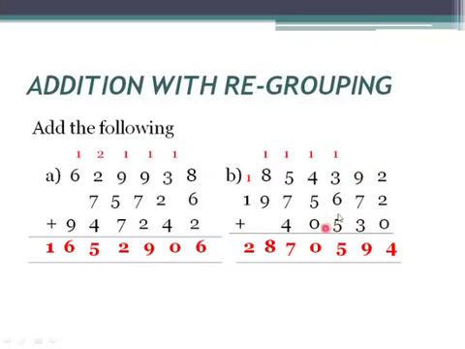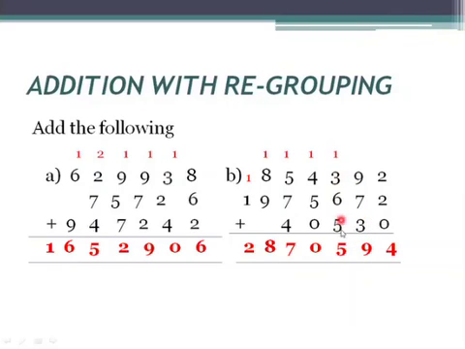So they have given it like this, and how do you have to add? These numbers also, first you have to start from the ones column. So in the ones column here 2 plus 2 plus 0 is there. So 2 plus 2 gives us 4. 4 plus 0, 4. Next you have to add 9, 7, 3. 3 plus 7, 10. 10 plus 9, 19. So in this 19, 9 we will write here and 1 we will carry up.